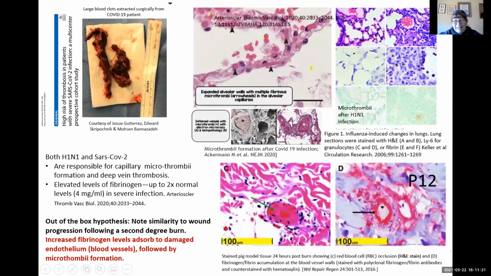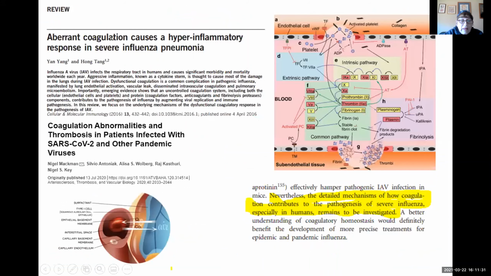Again. Okay. So what happens after the infection? This is the endothelium. There's this massive cytokine storm that occurs in both of them. And these factors then go through and permeate the endothelium, causing